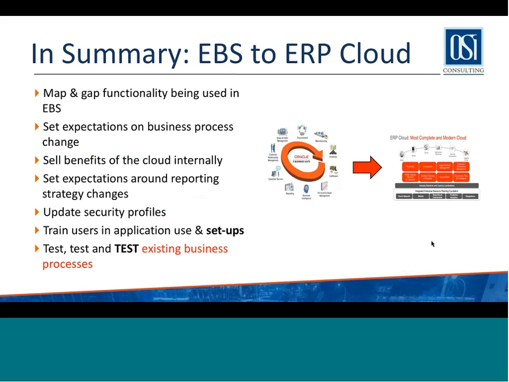So in summary, for EBS to ERP Cloud, you need to map and gap the functionality being used. The key thing is setting the expectation on business process change. Whenever executive teams or executives in the company are approving this project, they need to be sold and set on the expectations and the benefits around this whole project. We need to set expectations that the reporting strategy can change, the historical data will be handled differently, the security profiles need to be changed, and of course,